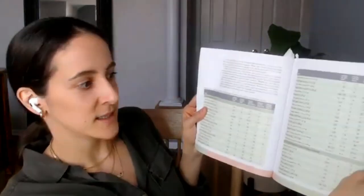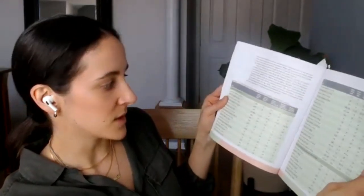They talk all about which foods provide protein, but I love this. I think I've highlighted it because there's amazing graphics in here. And the table of contents just goes on and on about every single type of plant-based protein you could ever imagine, how much protein's in there, what percent of calories is from carbohydrates, from fat, from protein. So it just gives you so much information. I honestly cannot recommend this book enough. What else should I tell you about this book? I think I had one more page highlighted. Oh,